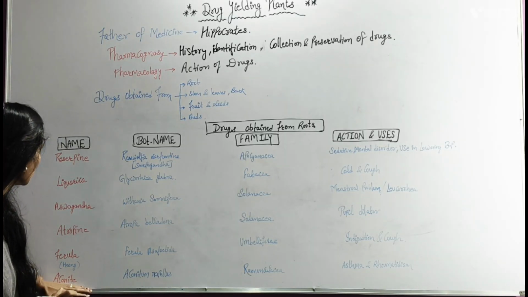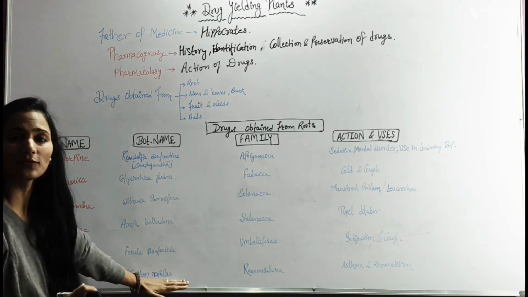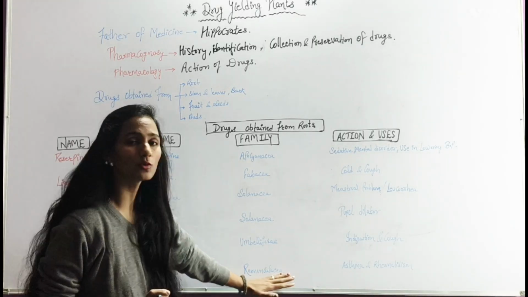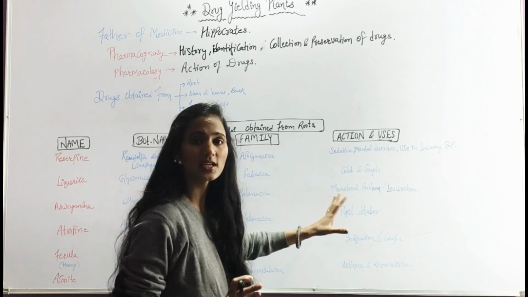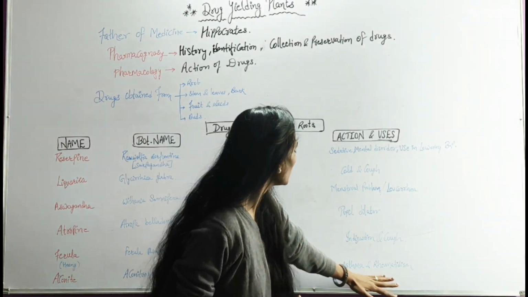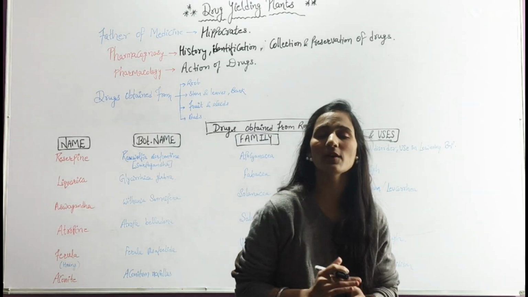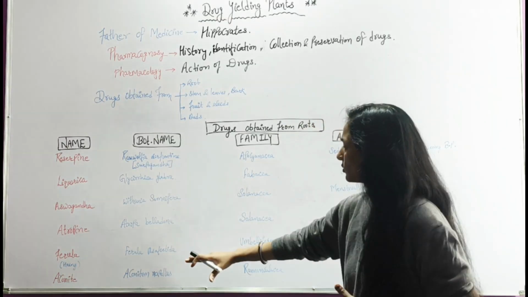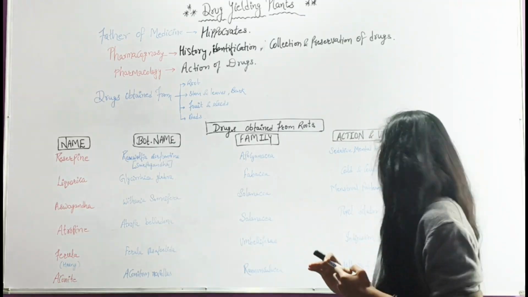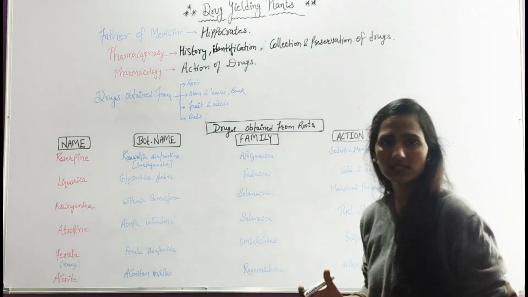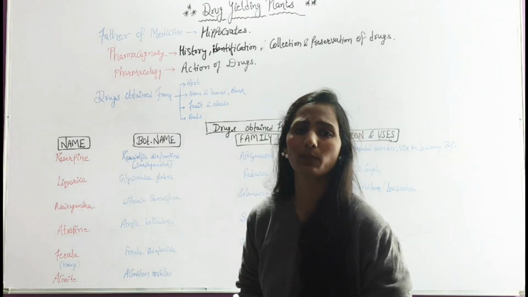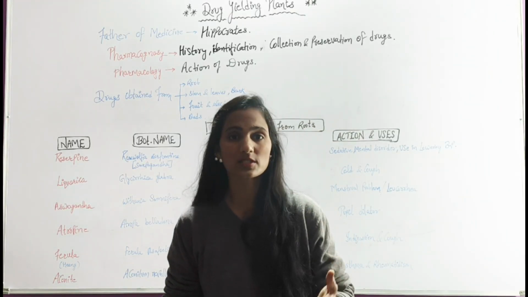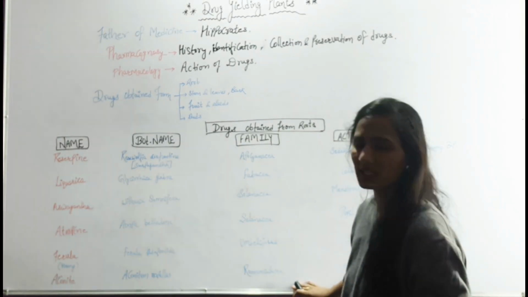And another drug is aconite. The botanical name of aconite is Aconitum napellus, and it belongs to the Ranunculaceae family. The action and use of this drug is in asthma and rheumatism. When a person is not able to breathe properly, it is treated with the aconite drug. And rheumatism is a type of disorder in which muscle dystrophy also takes place, and nerves are not able to function properly. Lupus disease is also related to this.